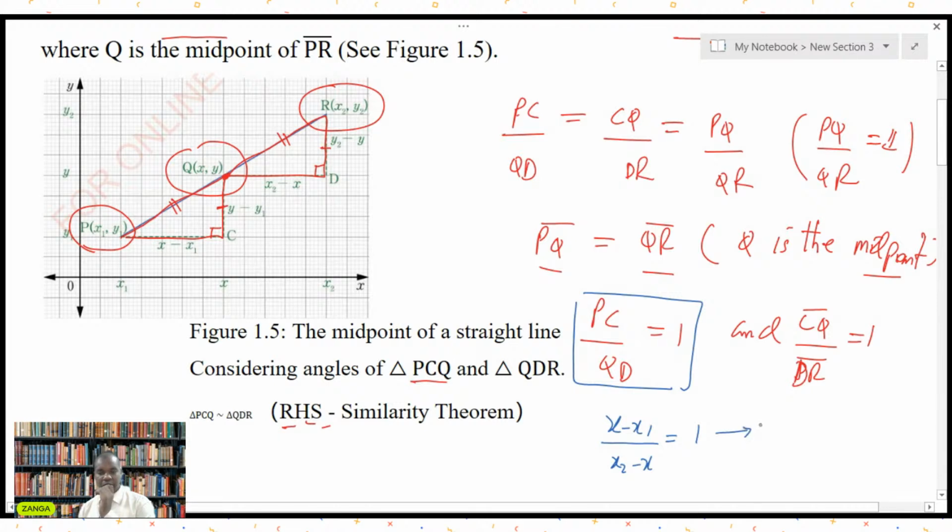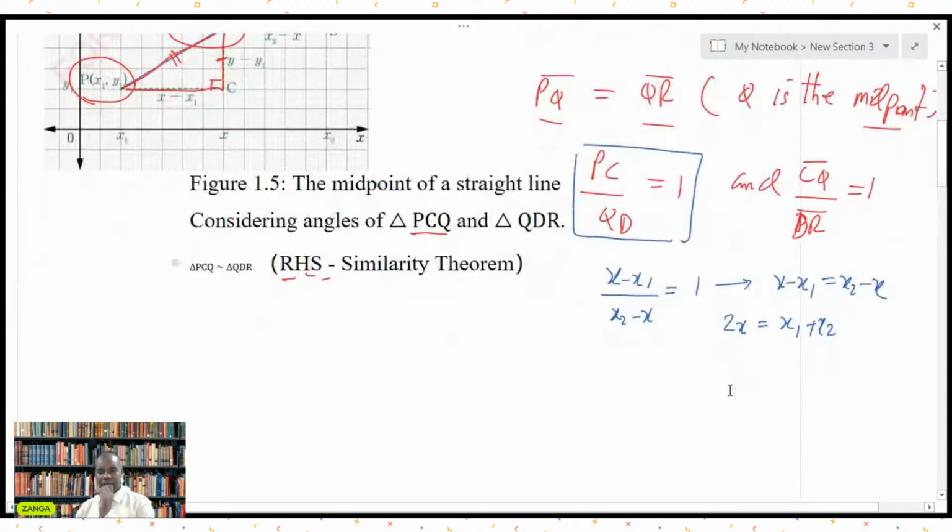And from this, when you cross multiply, you have x minus x1 equals x2 minus x. Collecting like terms, 2x will be equal to x1 plus x2. And since we have 2x equals x1 plus x2, you divide by 2, so x is going to be